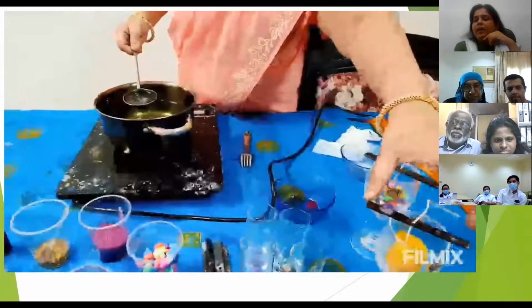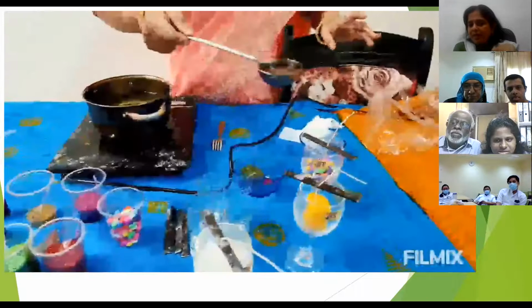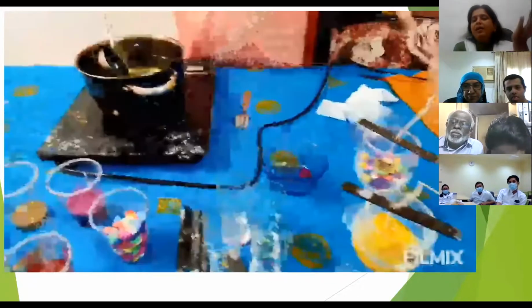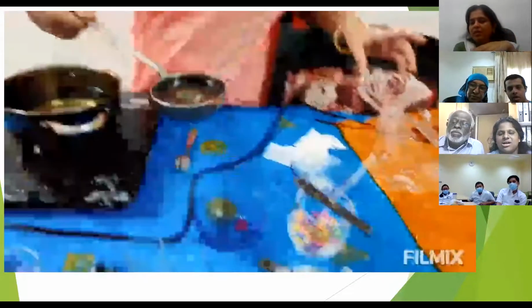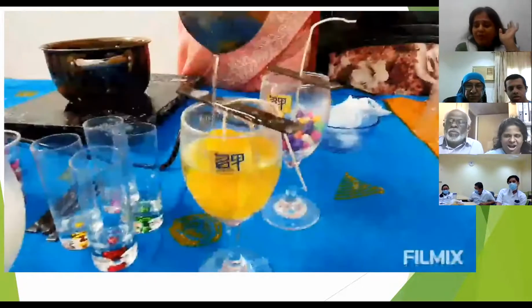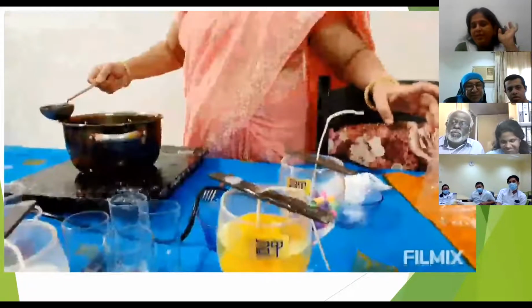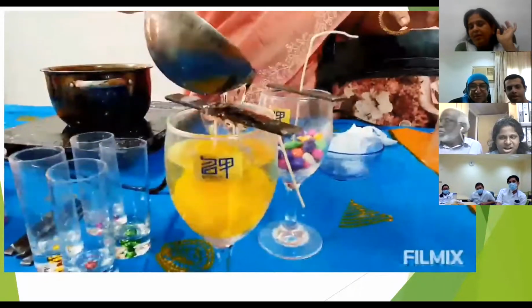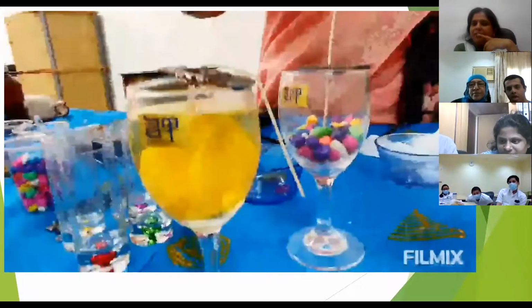So when we are doing double layered candle, I mean a hard and gel candle mixed, the hard candle will normally be colorful and we will be adding gel directly straight away because that hard candle has to be seen and this looks so beautiful. A very simple activity, but very beautiful activity.